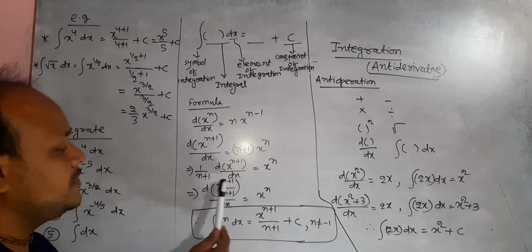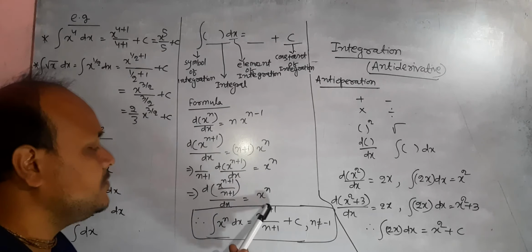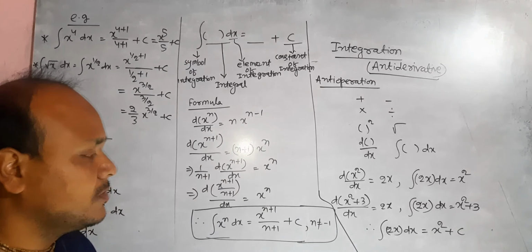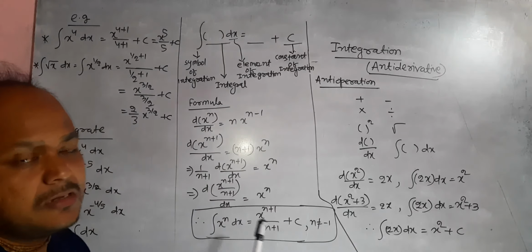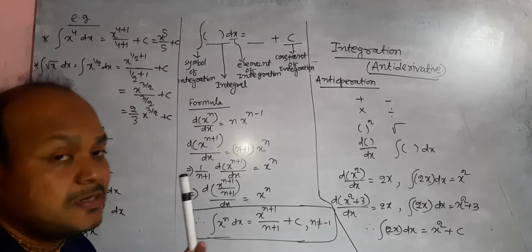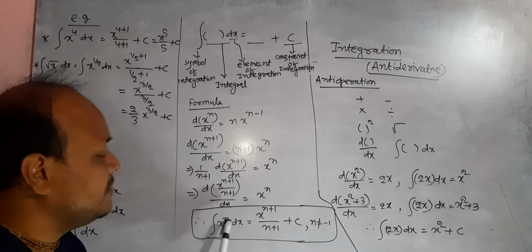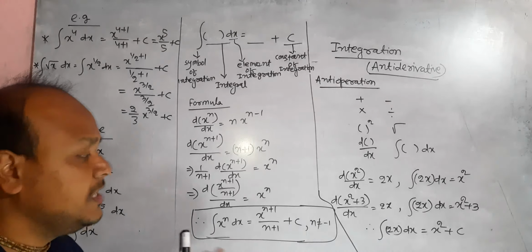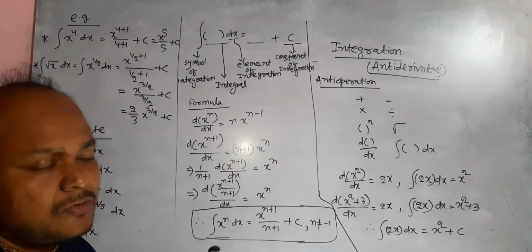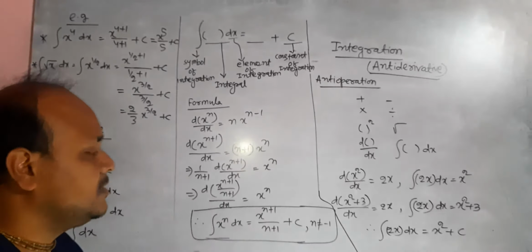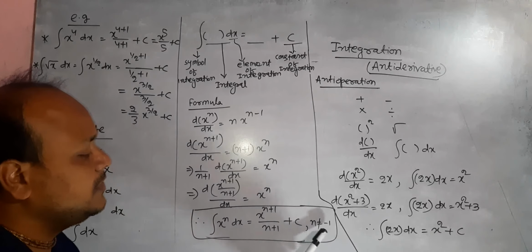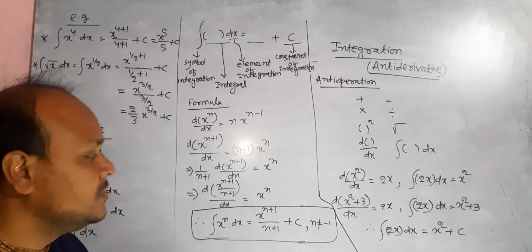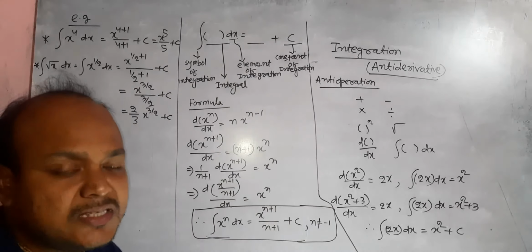Because the derivative of this thing is x to the power n, the integration of this thing is x to the power n plus 1 by n plus 1. Plus c is mandatory. Okay, in integration we have to place this constant of integration. So this is the formula, but one thing is that in this formula, if the value of n is minus 1, this rule cannot be used. For n equal to minus 1 there is another rule of integration we will learn in the next video. Since this is n plus 1, if n is minus 1, then n plus 1 becomes 0, and something by 0 is not defined. So this rule cannot be used for n equal to minus 1.